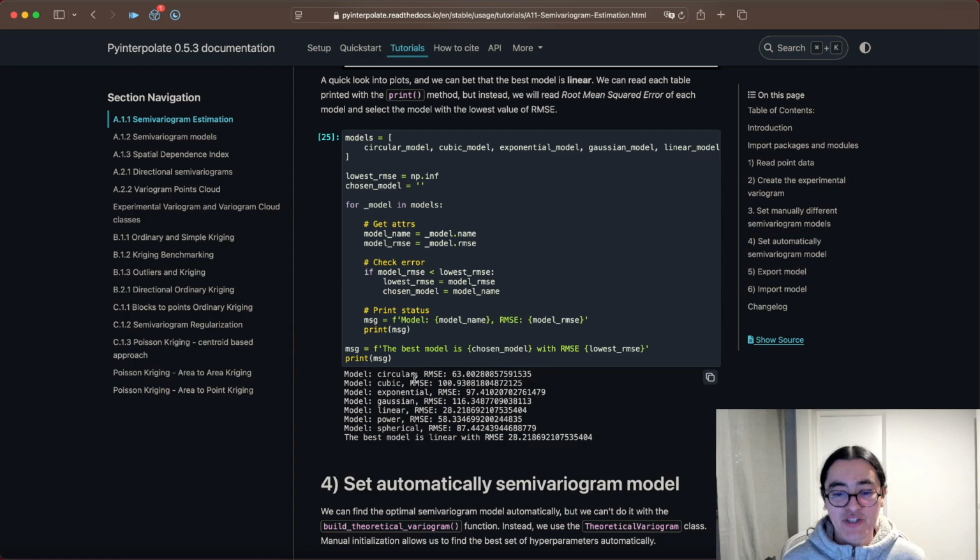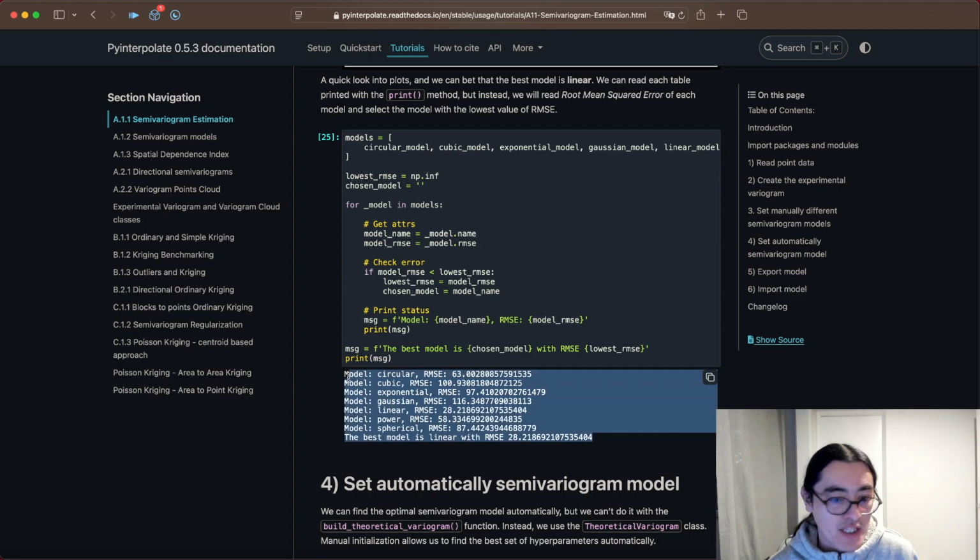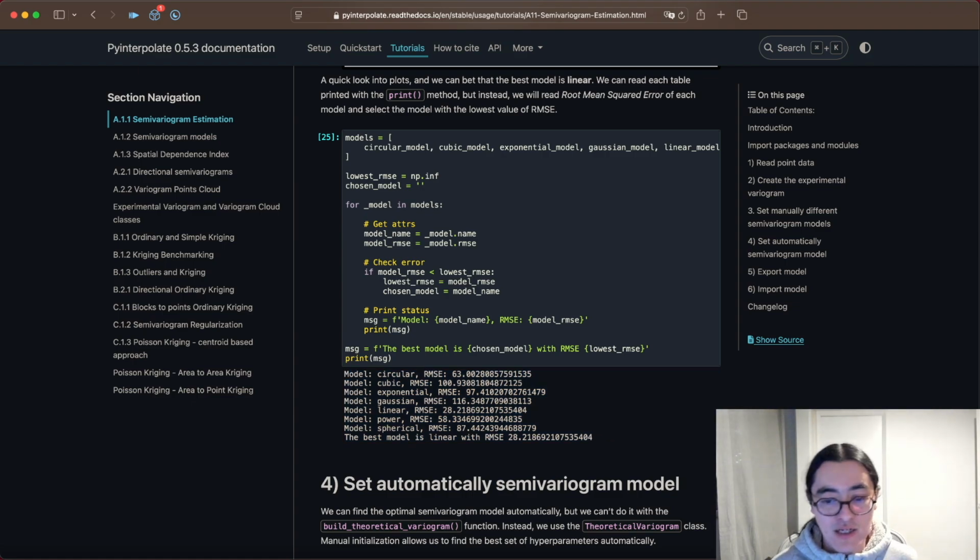So like for the circular model, the root mean square error is like 63, for the cubic one it's like 100, and so on. I think this could be optimized because usually the sill, the nugget, and the range are not exactly the same for different models, and in this tutorial it's using the same value for all of them. But yeah, it's one possible approach, and the idea is that you can also get a measure of the error, so you can do things not only visually, but also you can get a number behind it